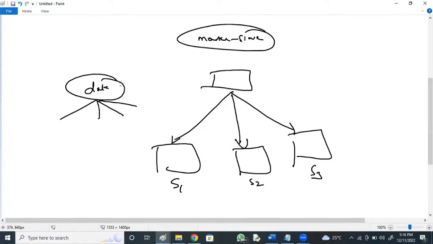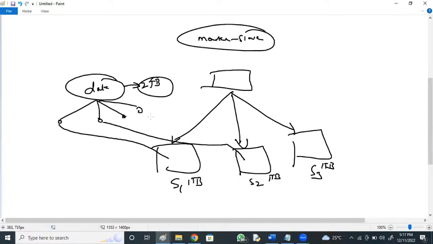Assume each system has 1 TB capacity. If you have a data object of 2 TB which cannot be accommodated in any one of them, the data will be divided into partitions, and these partitions are going to be stored across multiple systems.